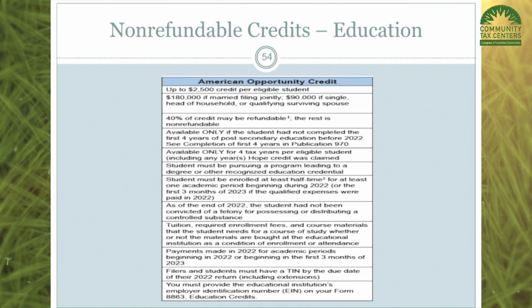Tuition, required enrollment fees, and course materials that the student needs for a course of study, whether or not the materials are bought at the educational institution as a condition of enrollment or attendance, qualify. So room and board does not qualify, that's not listed. They cannot get a credit for room and board, they cannot get a credit for medical, you cannot get a credit for transportation. It is just the tuition, required enrollment fees, course materials, as well as they allow